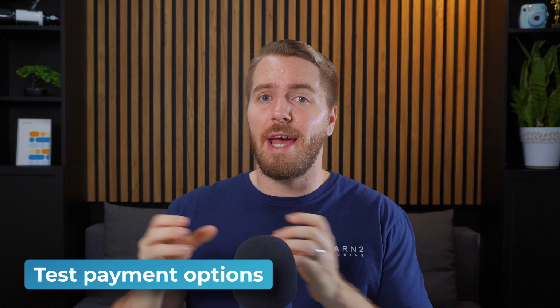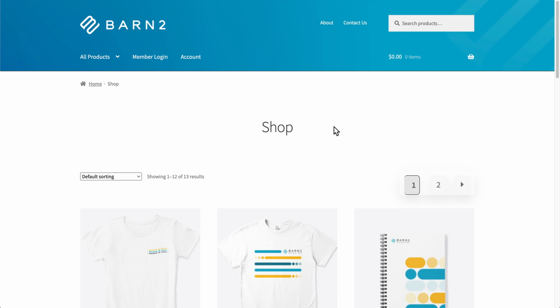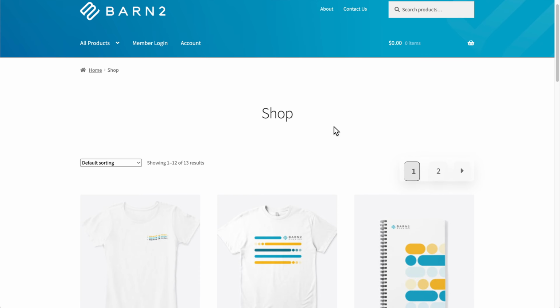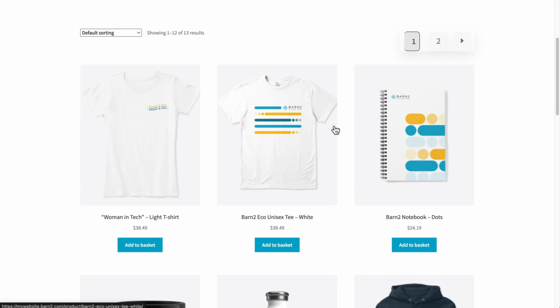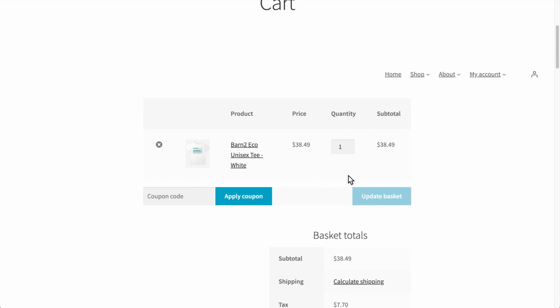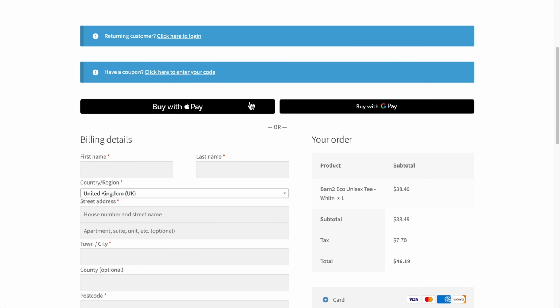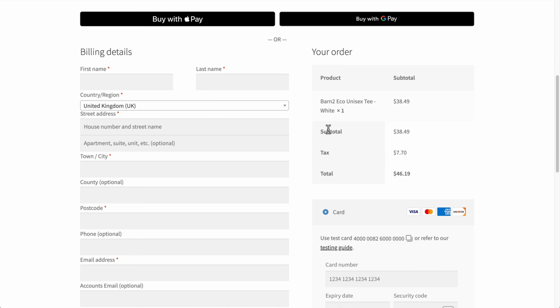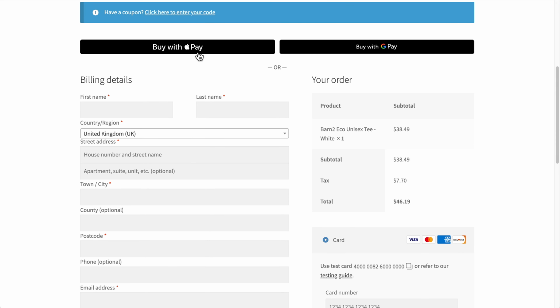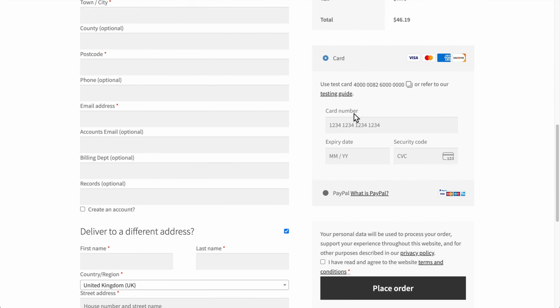Let's take a look at our example on the front end from the perspective of two different customers, a retail customer and a wholesale customer. So I've just opened a new incognito window to show you what it looks like from the perspective of a logged out customer. When I click on this t-shirt and add it to my basket, we can now view the basket and head straight to the checkout. You can see here that there are options to log in, but I'm not logged in. I'm just a regular customer. There's no discount from wholesale or anything, and I can pay with Apple Pay, Google Pay, or credit card options,